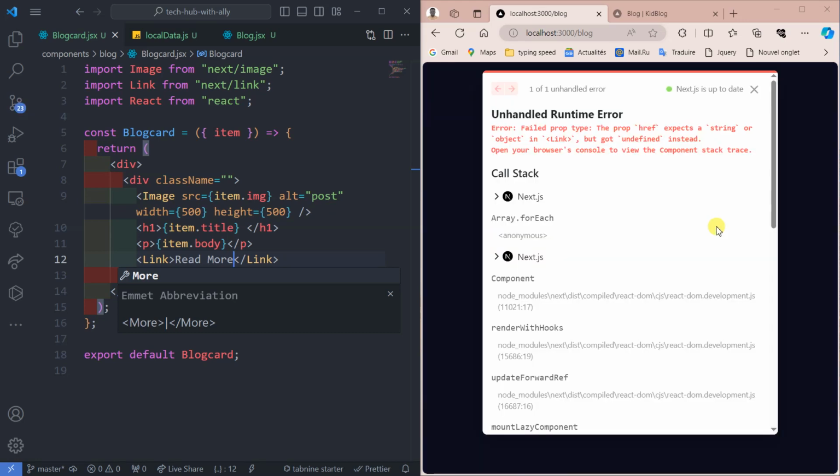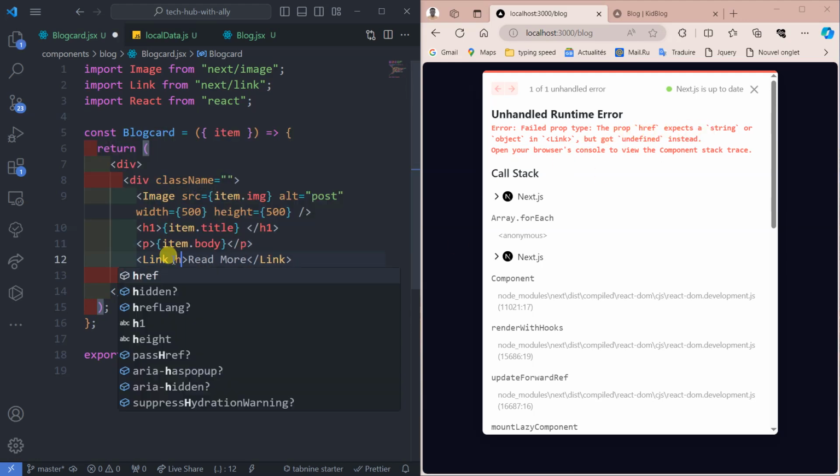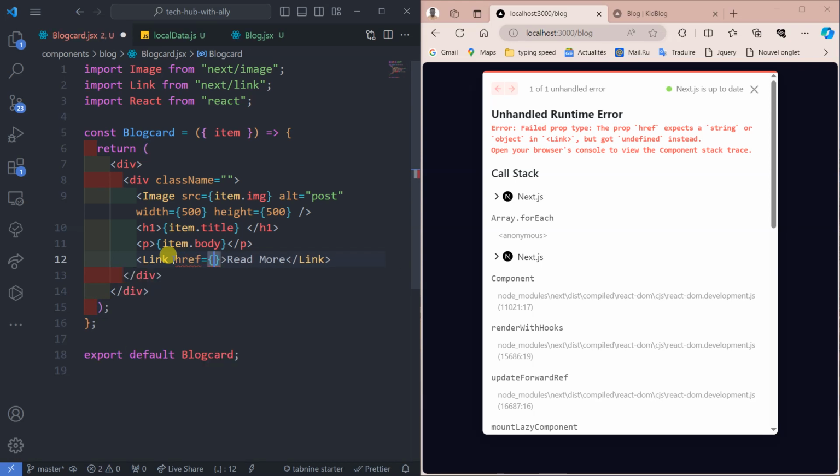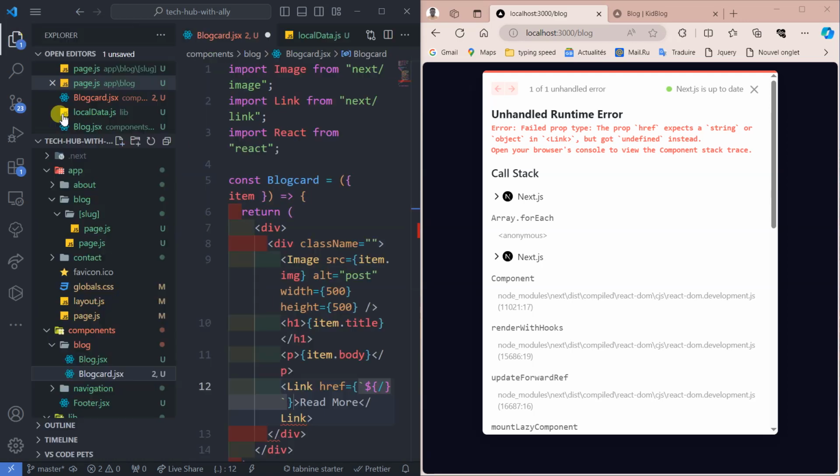A link is to be imported. Okay, then prop type href is a must. So whenever you define link, make sure you define this href. So I will make it dynamic also by pressing alt plus this one, backtick, then I can pass a dollar symbol, pass this one. So when I click on read more, where do I want to go? Okay, here I want to go to /. I want to go to the directory where I wanted to go. If I click on that one, I want to go to